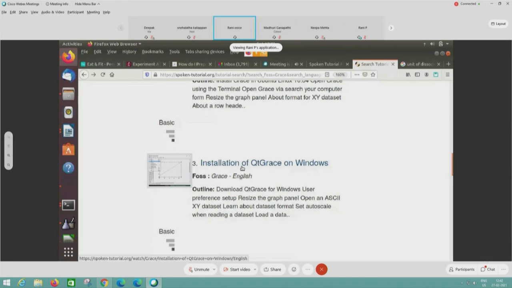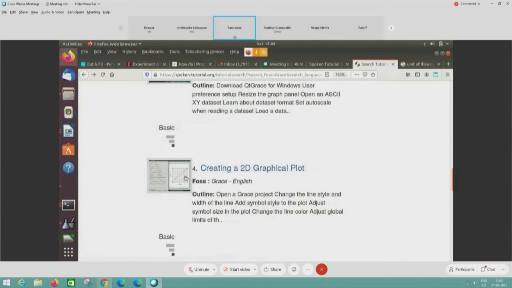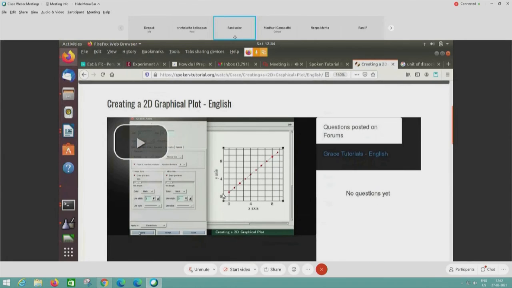Grace is used for plotting. We can make 2D graphs, bar charts. We can fit data. We can plot a straight line. Instead of graph paper, we can do this and save our work on the computer. And in this series, creating a 2D plot, we will make a straight line, we will color them, we will draw grids, and so on.